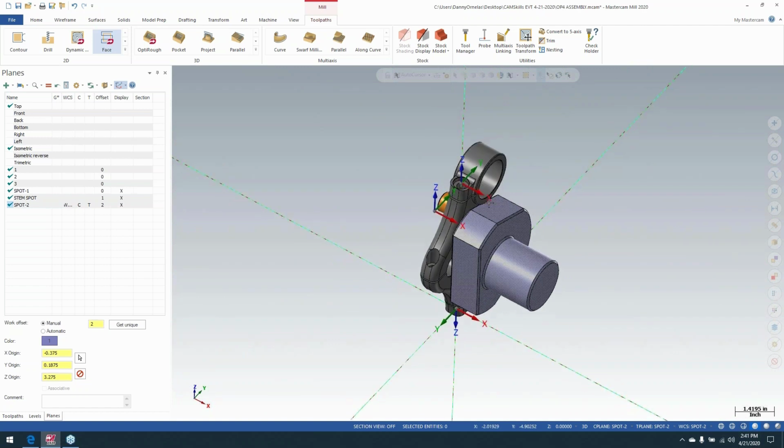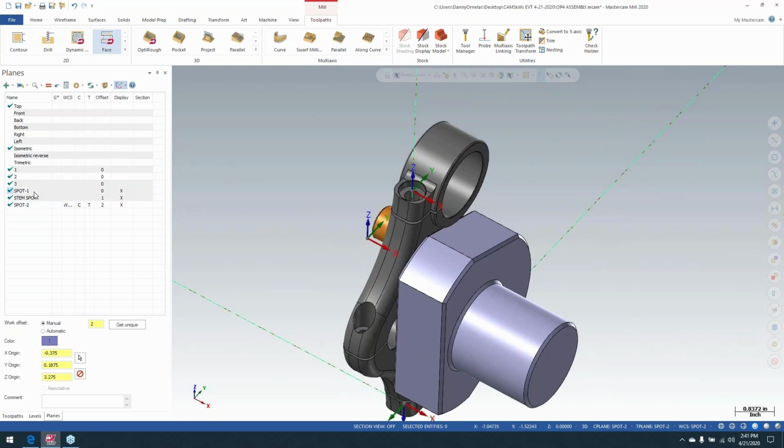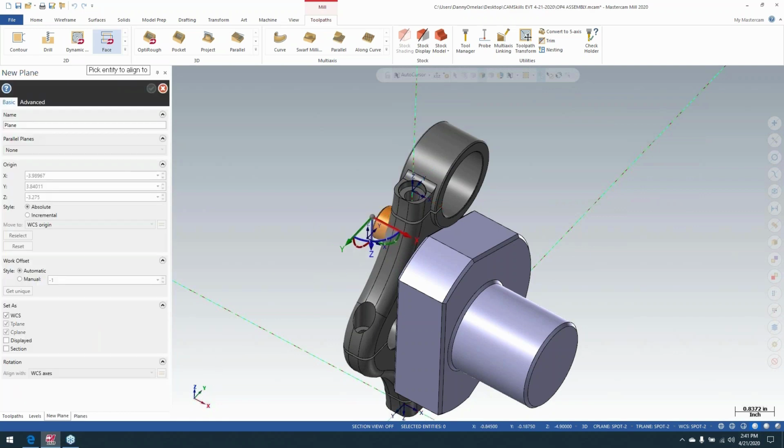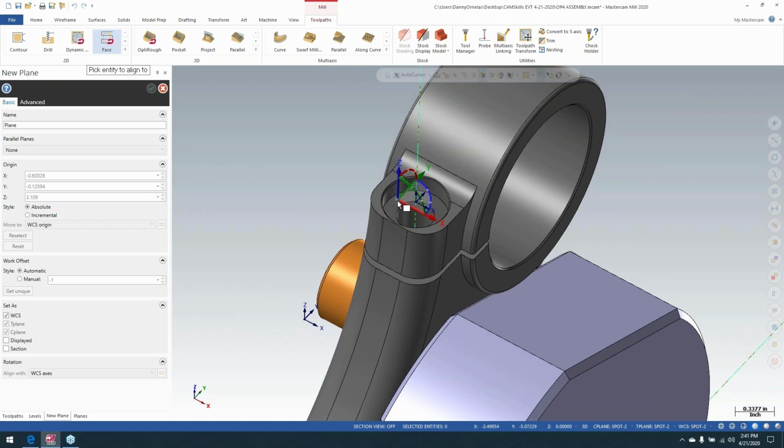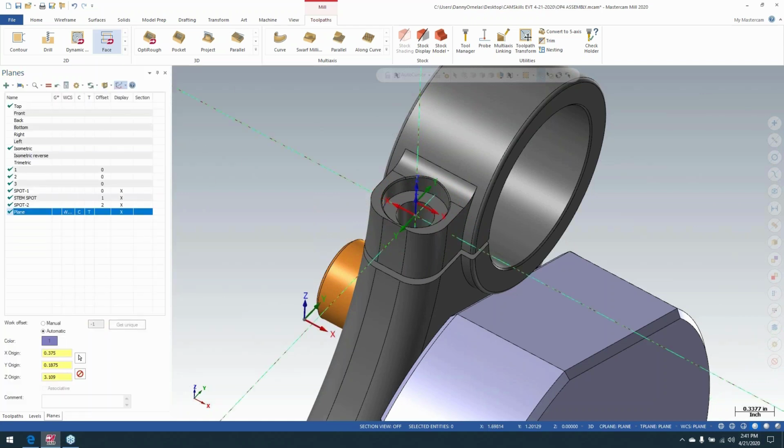Another common thing we get is somebody will create what they believe is the right work plane. Here, I'll just create another one. Let's say we create a work plane on that face, and somehow, some way, get the part this way. So the X is pointing wrong, all right? Let's turn this one and this one off. They're pointing the wrong way. So if you were to do a toolpath on this work offset and then do a toolpath on this one,